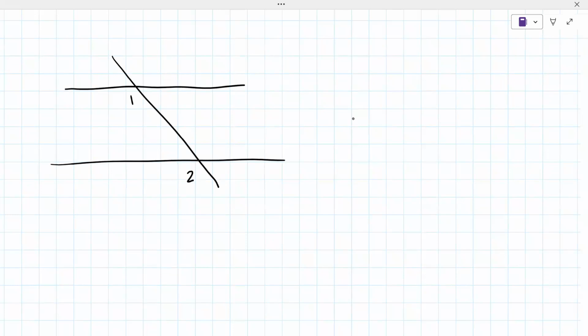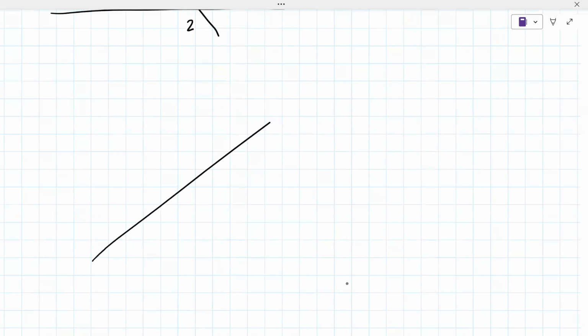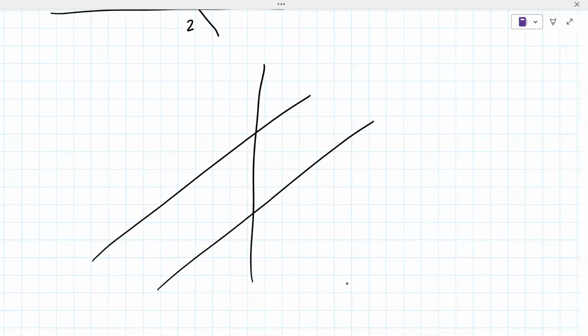Corresponding angles. They're corresponding, yeah. Are they congruent or do they add up to something? They're congruent. Okay. Again, they don't have to go up and down. They don't have to go right or left. They can just sort of shoot off here. Sometimes these drawings look really weird, but